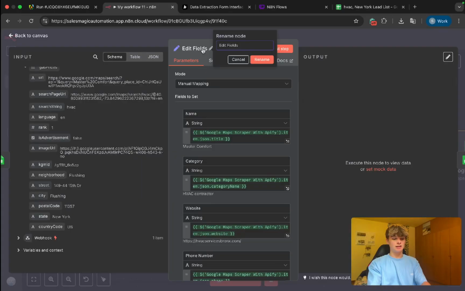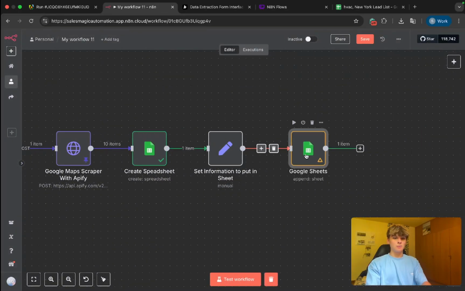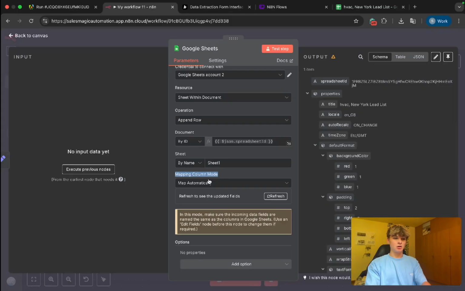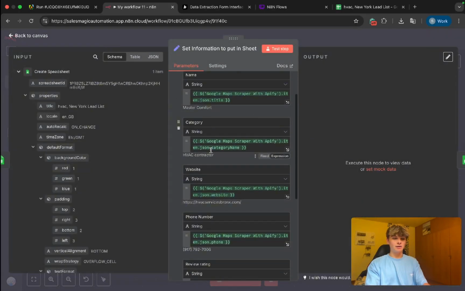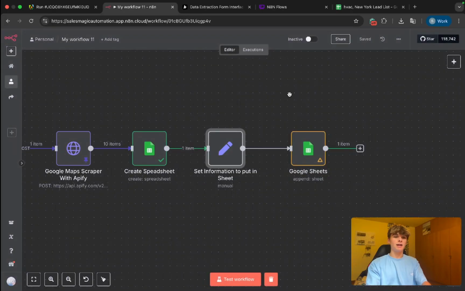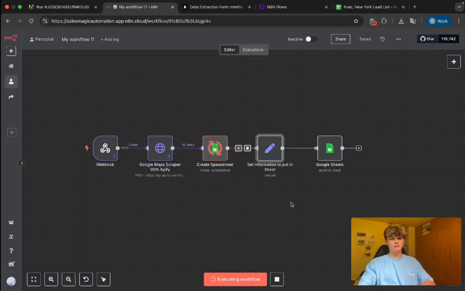For now, I'm just going to say, and use these, I'm going to say set information to put in sheet. Set information to put in sheet. And then once we do this, because we are choosing map in column mode, map automatically, this should map it nicely with each of these fields that we have set representing an individual header and column. So if we run this now,